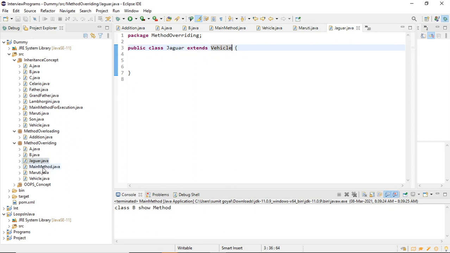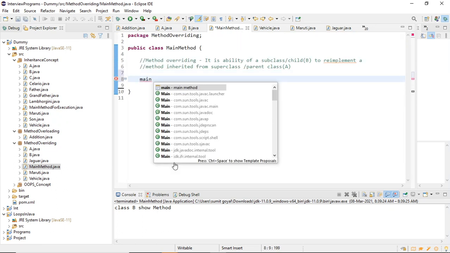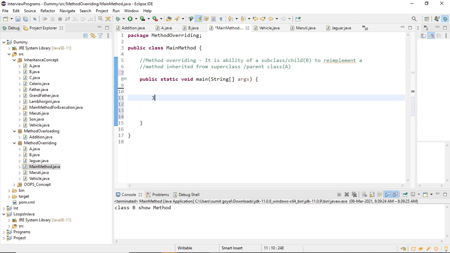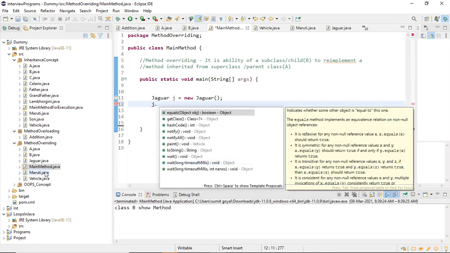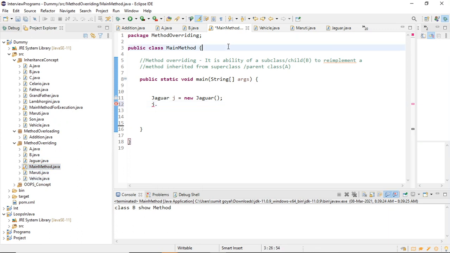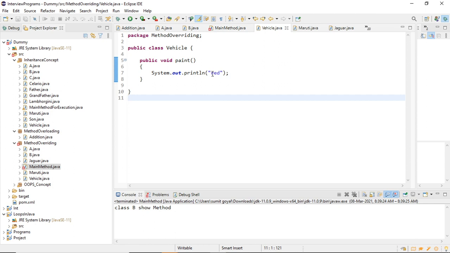And if I come to my main method and create the object of the Jaguar class, j dot, and save it, as it is extending the Vehicle class, I can print car, right?